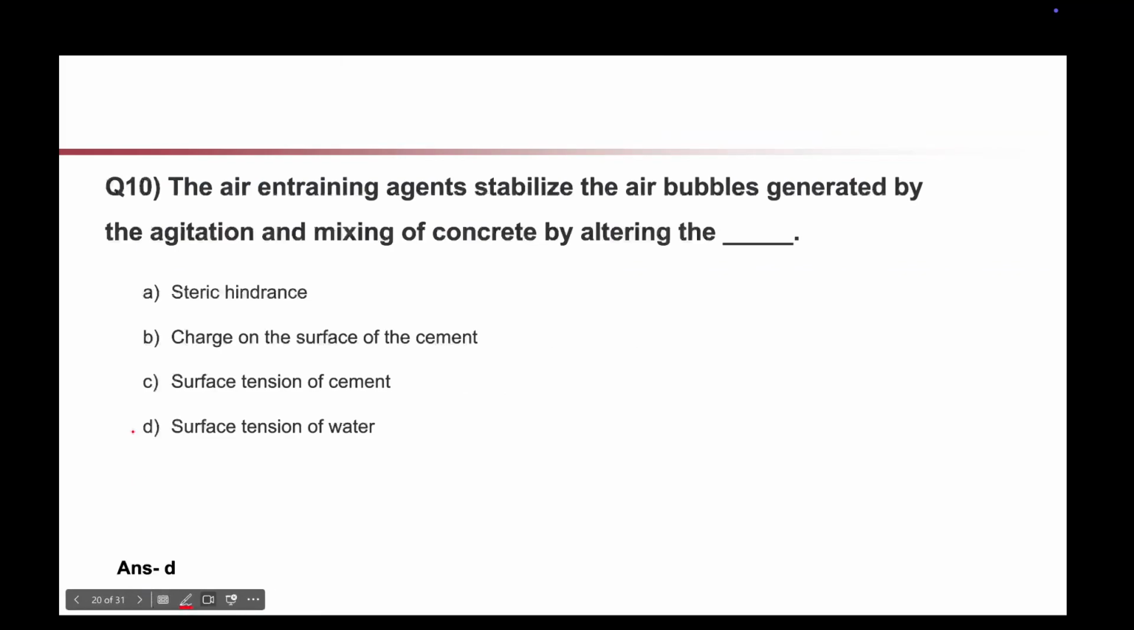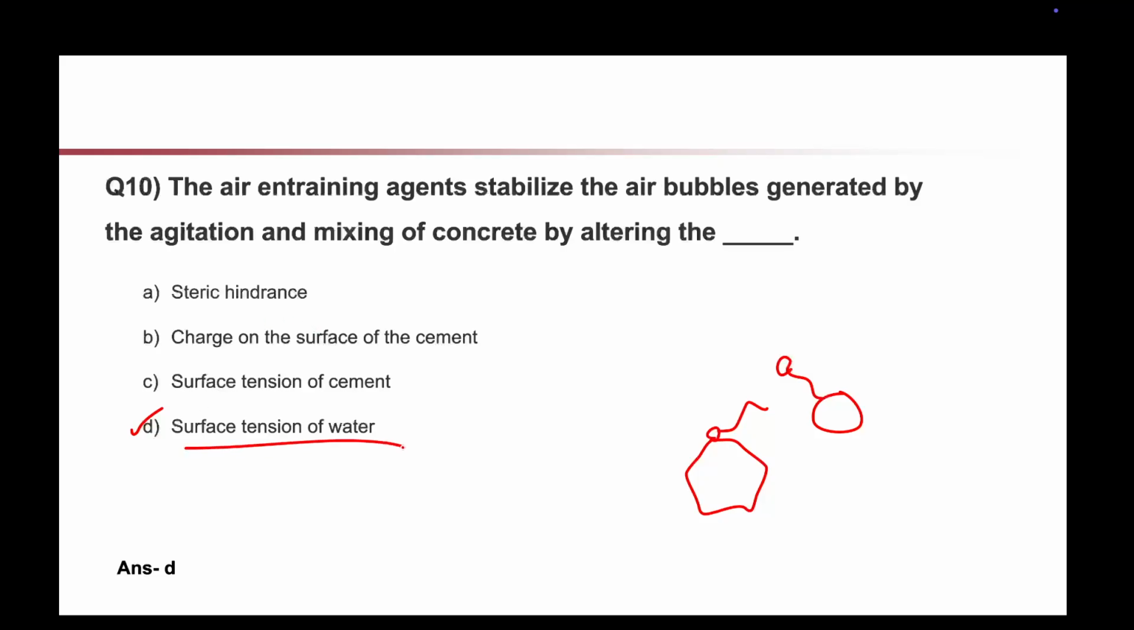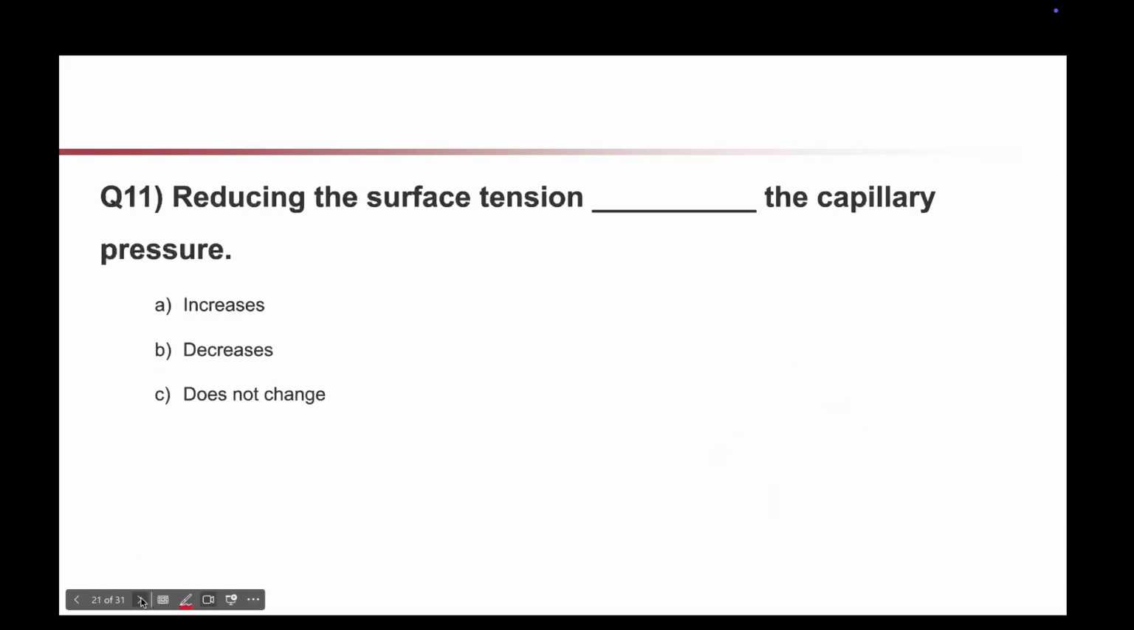correct. So if you remember, we have this one cement particle, and in the cement particle the polar group will be in this way, and in air it will be like this. So how is it generating the bubbles? It is altering the surface tension of your water by attaching itself to cement grains and air particles in this way. Reducing the surface tension